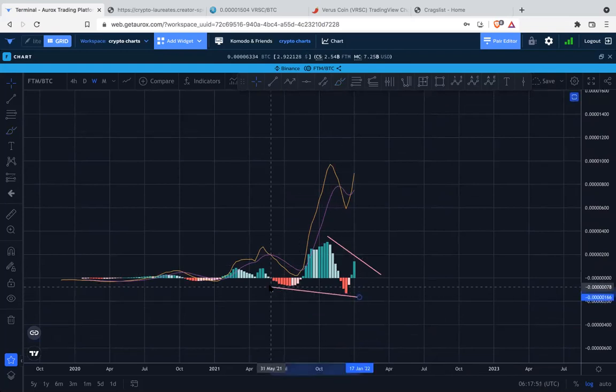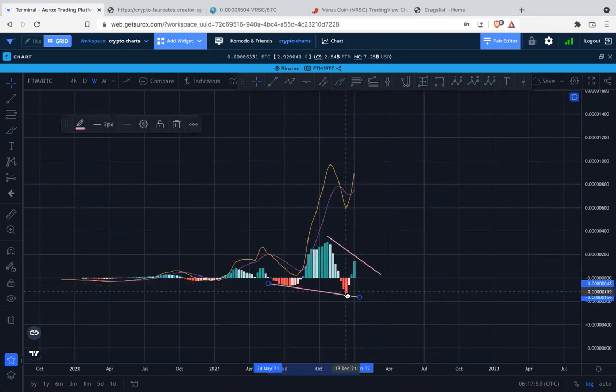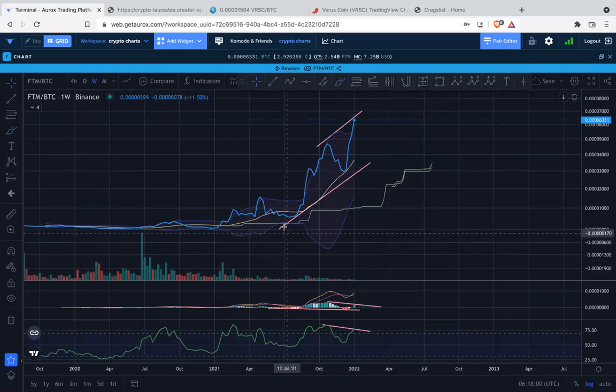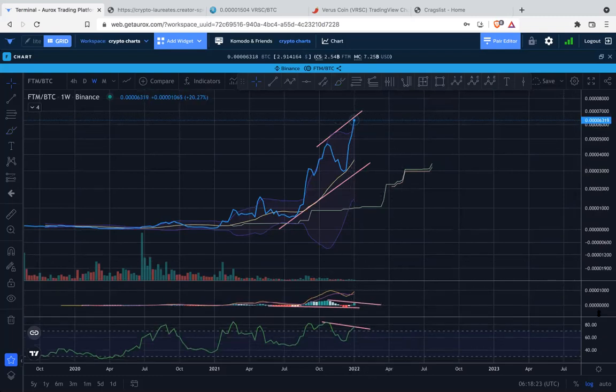we had this move in the MACD on the weekly, on the histogram. So we had a lower MACD histogram, okay? And here we had a higher price. So that is a hidden bullish divergence, all right? And it worked in our favor as we got this next big pump up. But now, concerningly,